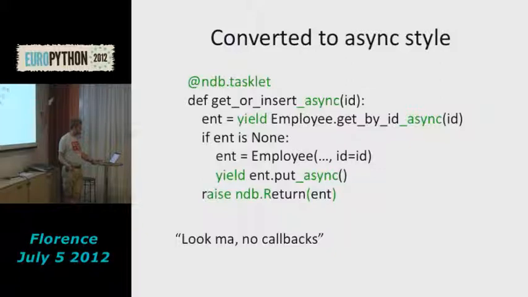So in NDB, when you yield something that's not a future, I immediately raise an exception that says you're not following the protocol. You have to yield futures only. You can't yield None. You can't yield anything else. Well, there's actually one exception. You can yield a tuple of futures or a list of futures, and then we wait for all of those, and we give you a list of results back. So you can also yield waiting for multiple futures at the same time.